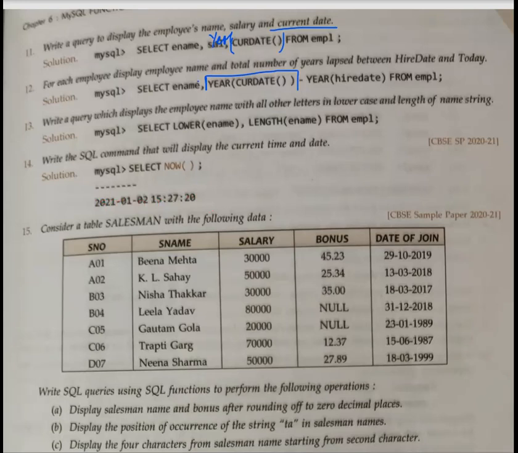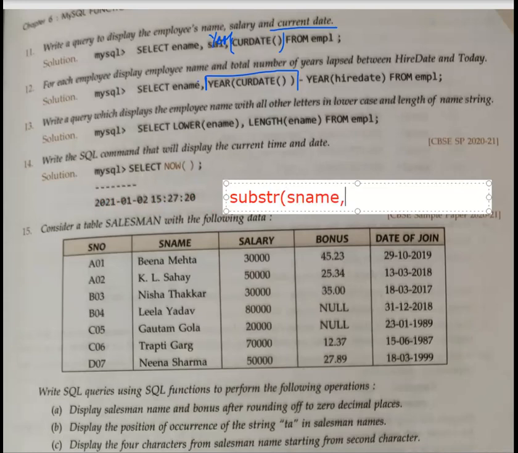Okay, we have less time, so I'll explain directly now. The function will be substr because you want the substring part. Then your column name is sname, comma. Sname you will not write in single quotes. Remember this thing. Then what you want is from the second character, meaning the position they have given is 2, and then you want the next 4 characters, so 4. So the overall query will be select substr of sname, 2, 4 from salesman. This will be your query. Okay, last question of today.